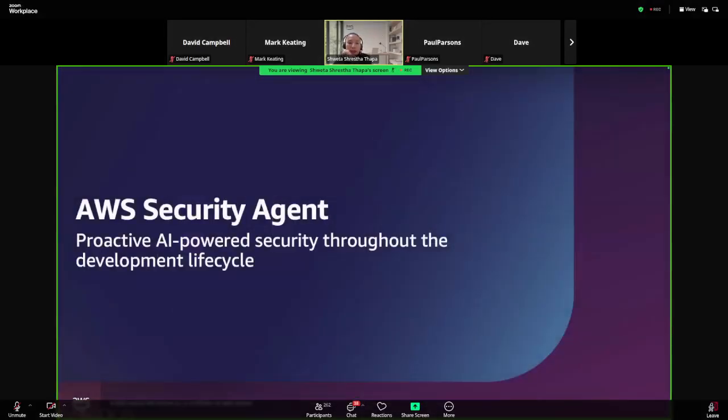Okay, so next is AWS Security Agent. So this was announced